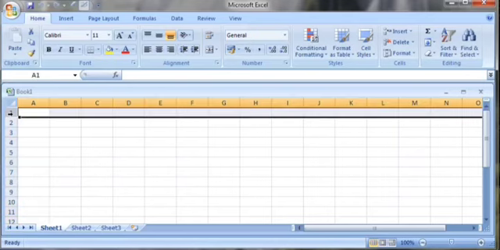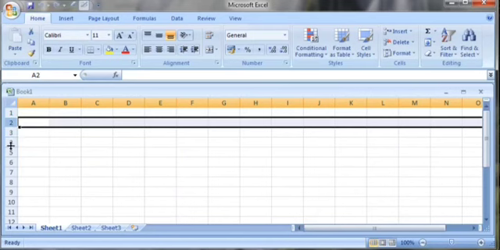Then rows are given numbers 1, 2, 3, 4 up to 10,48,576. So in MS Excel, in a single worksheet, there are 16,384 columns and 10,48,576 rows.